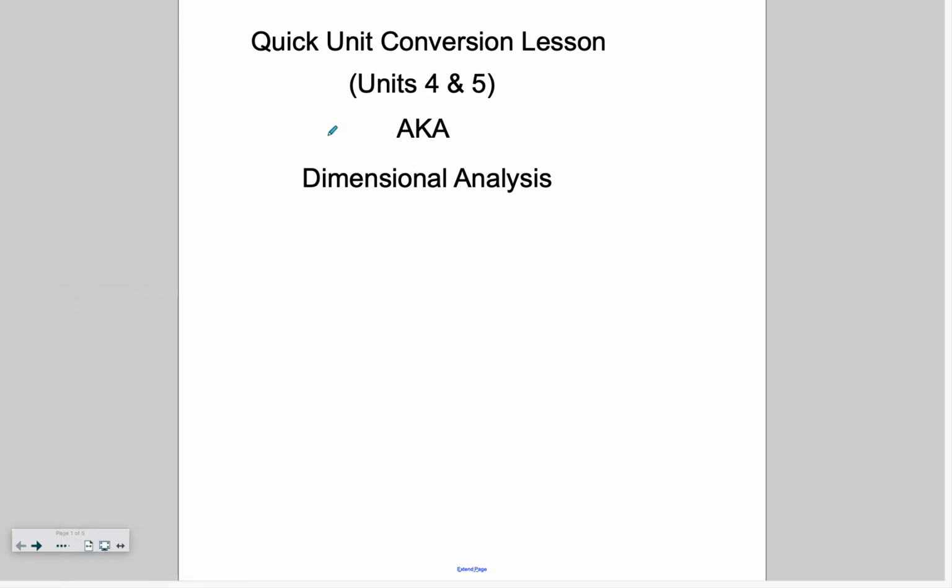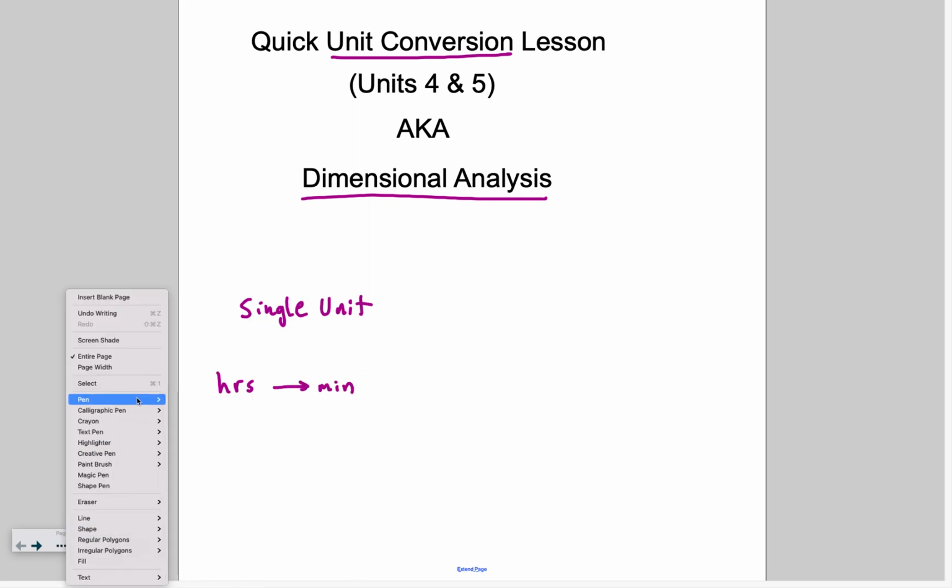Every dimensional analysis problem that we're going to do in class falls into one of two categories. First of all, dimensional analysis and unit conversion kind of mean the same thing. They basically mean the same thing. So we're using the dimensions that you're in, like volume, time, and you're converting those dimensions, from hours to minutes. It's just unit conversion. Anyways, it falls into two categories. Every problem is either converting a single unit, an example of that would be converting hours to minutes,